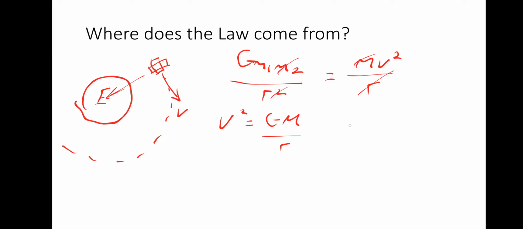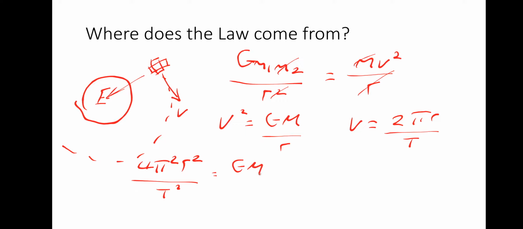So what we can do now is substitute in the equation v equals 2 pi r over T, which is an equation from the further mechanics module. So if we square the 2 pi r over T to get 4 pi squared r squared over T squared, we can make that equal to GM over r. So I'm just going to do that now. So 4 pi squared r squared over T squared equals GM over r. And what we can do is, now we've got a relationship between r cubed and T